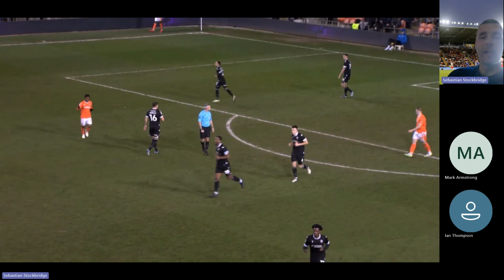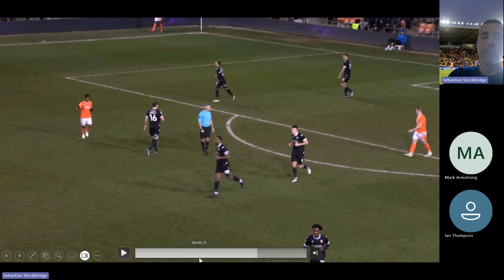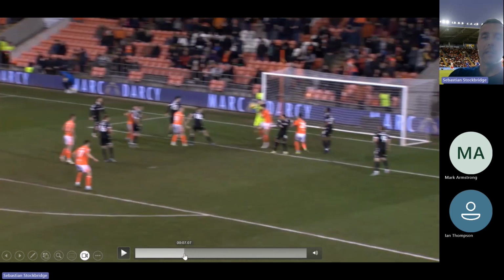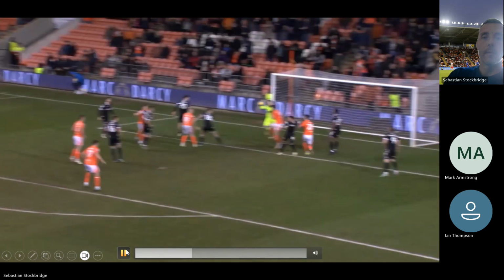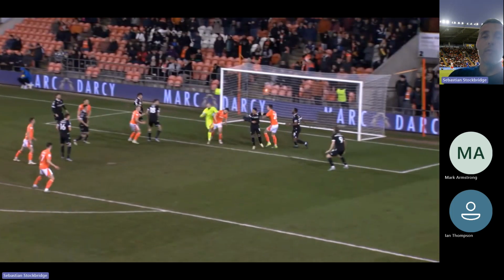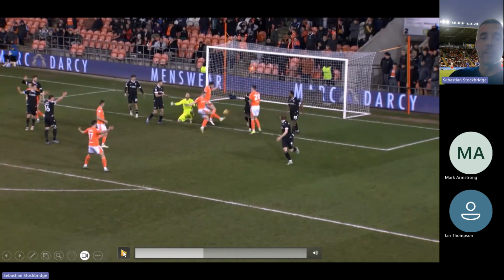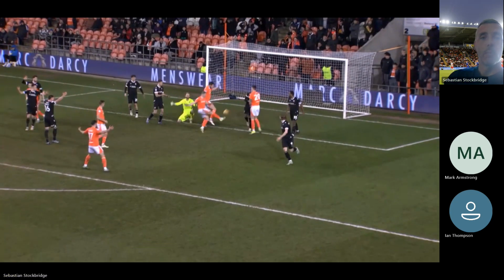So you go, oh, that's easy, Seb. That's just a foul on the keeper. Right, okay. But it's what people expect. So the contact there, if that's not a goalkeeper, and this is where it's slightly weird in what we do, the keeper moves into him maybe. The Blackpool player just turns his shoulder and his body. The goalkeeper drops it. But what does everyone expect? What does football expect? What does the crowd expect? What do the players expect? Everyone expects a free kick.